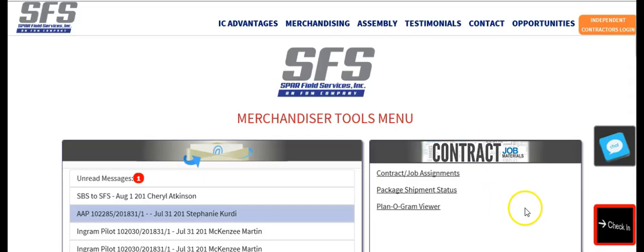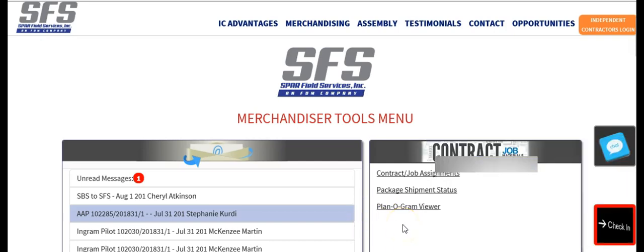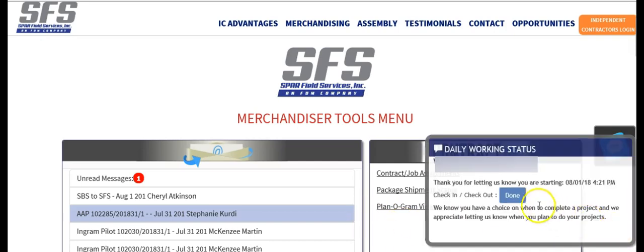The check-in button is just a voluntary application to allow you to let your field management team know that you're going out to do projects for SFS Field Services that day. Just go ahead and click the check-in button, click Starting, and then when you come back in that evening, go ahead and click the check-in button again and click